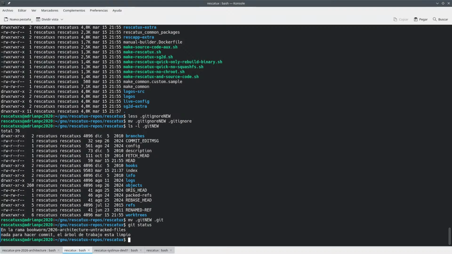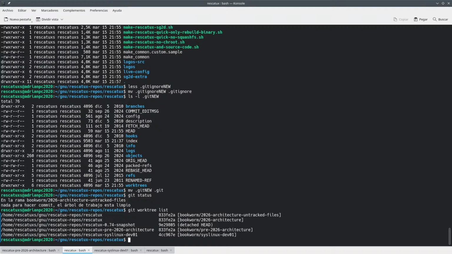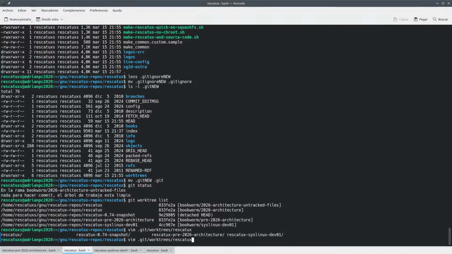Well, that I don't care too much. So what about work tree list? So look at that. We have two work trees. So this is the main one, and this is the one. So we need to edit this thing properly so that work trees